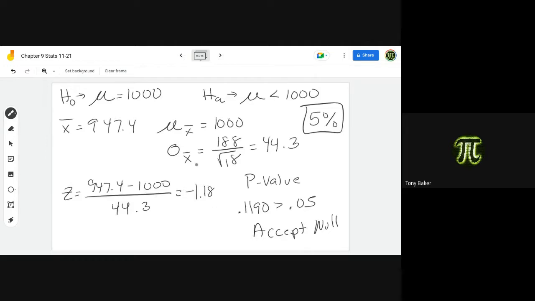The only difference is we were done at that point. In chapter 6, we were just looking for the z-score, so we did this formula here. In chapter 8, we were looking for the sample means, so we were doing basically all of this. So very similar stuff. Now, I got negative 1.18